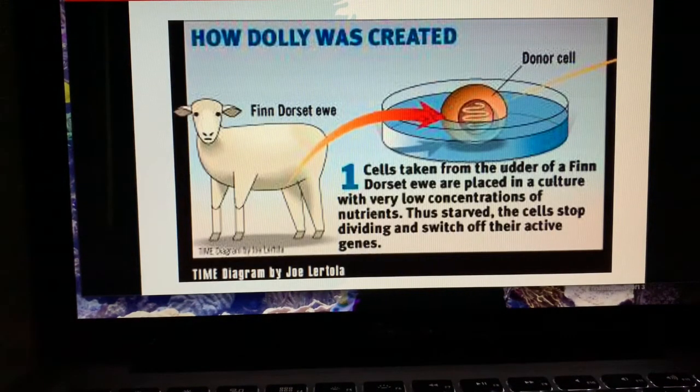So let's take a look once again at the process of cloning. We'll take a look at Dolly, since this is a true story. So here we have a sheep, and she had an udder, right? Because she was a female, and they removed, once again, a body cell from her. Now, a body cell is any cell from the body that's not a sex cell. So we're not talking sperm and egg. We're talking a body cell, could be from her cheek, from her udder, from her hoof, that has all of the DNA necessary to produce her. So that's her donor cell.